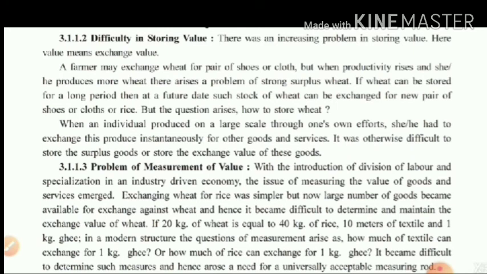In detail, if we want to take another example, if 20 kg of wheat is equal to 40 kg of rice, 10 meters of textile and 1 kg of ghee, then in the modern structure a question of measurement arises as to how much textile can be exchanged for 1 kg of ghee. In the same way, how much rice can be exchanged for 1 kg of ghee. So it became difficult to determine such measures, and hence arose a need of a universally acceptable measuring rod. So that is money. Here you can keep one thing clear in your mind: these limitations give rise to the need of money. So our next